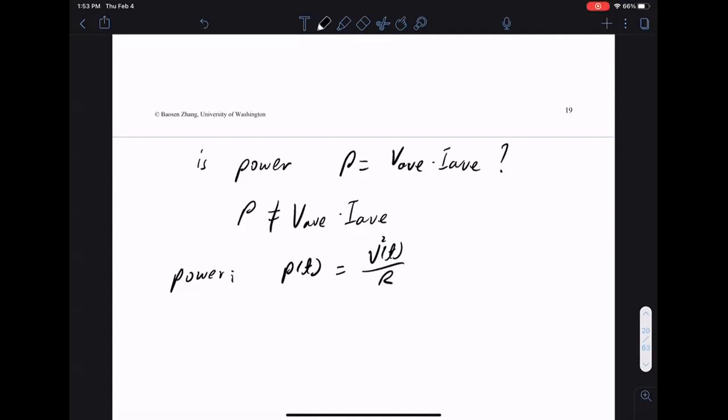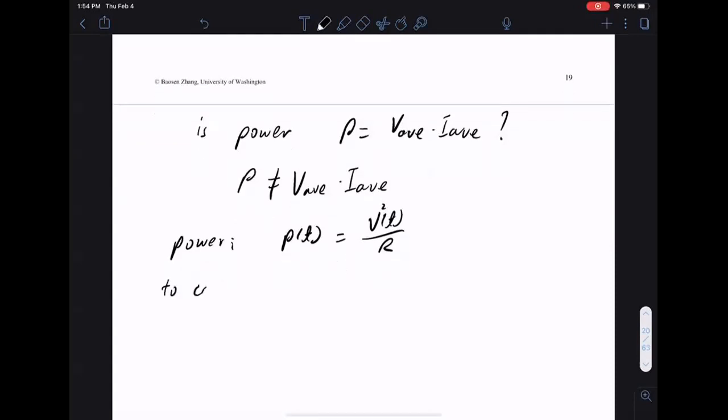Because of this square, this nonlinear operation, you cannot say I take the average of the two quantities that multiply together and I get power. That's just not the way the math works out. So to compute power,